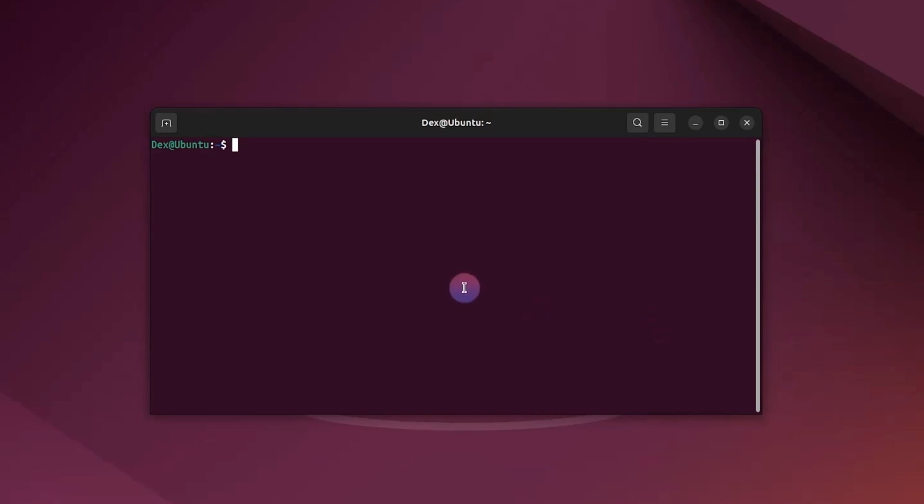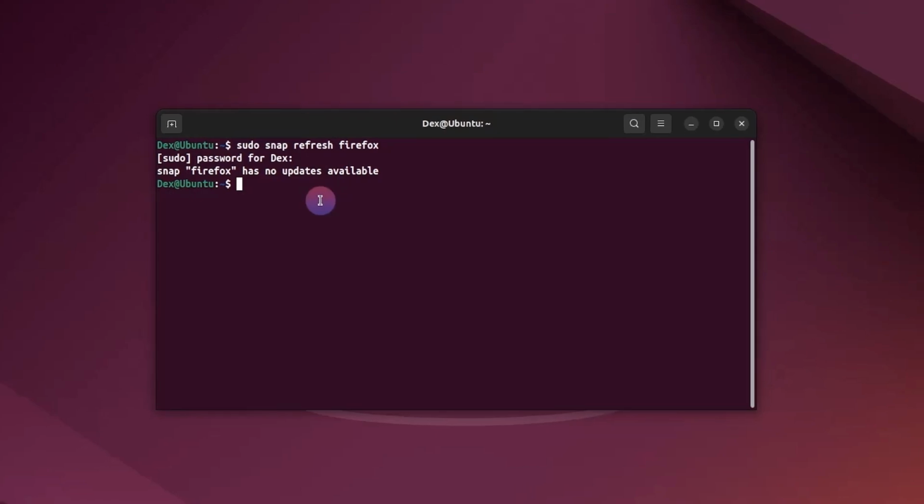After that, you will find a command in the description box below and you can copy and paste it or directly copy it from the screen. Then hit enter and enter your password. This command tells Snap, Ubuntu's software manager, to check for updates and apply them to Firefox. As you can see, currently my Firefox has no updates available, but if you have any pending updates, it will